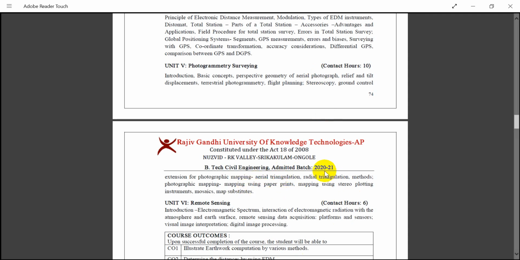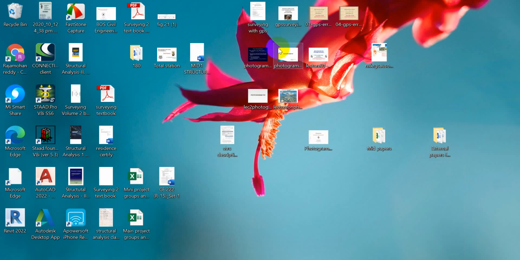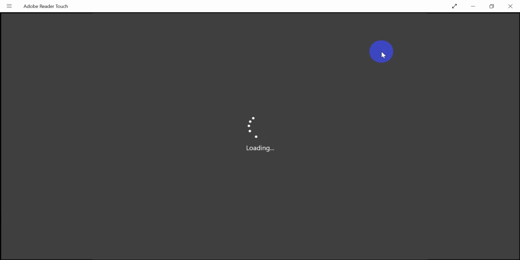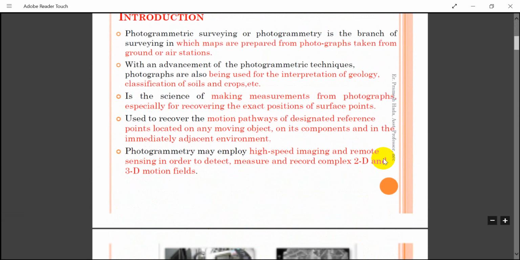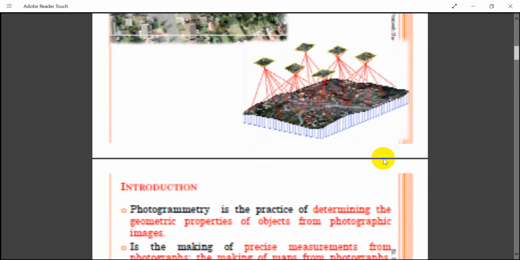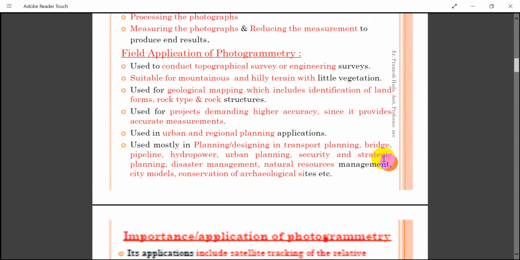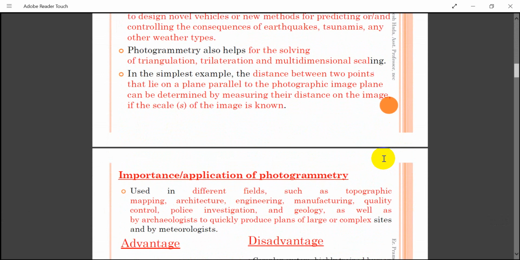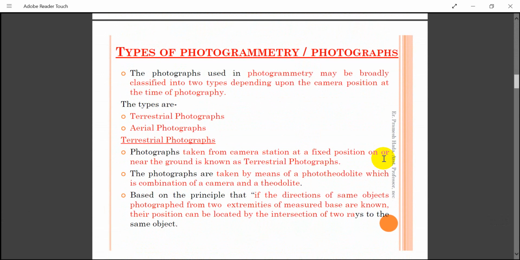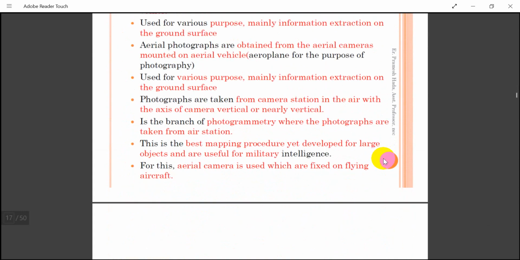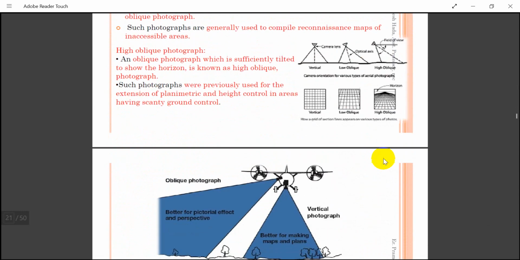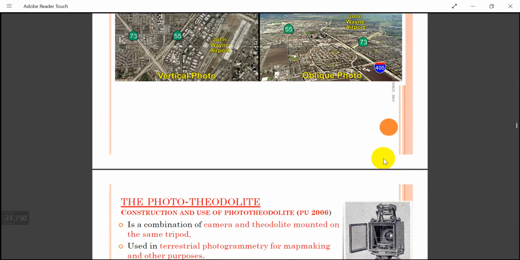If you see any PDFs regarding photogrammetry, there is no discussion of those topics. In our syllabus, someone wrote what they saw in textbook headings and put everything on the syllabus. So mostly those things are referred to. What we discussed up to now and tomorrow, those are the important parts. The remaining things you can identify or understand in later stages. For terrestrial photographs, you can find any PPTs online.